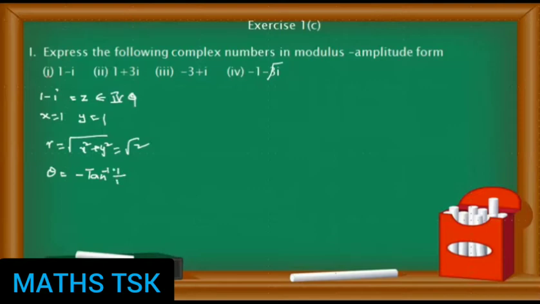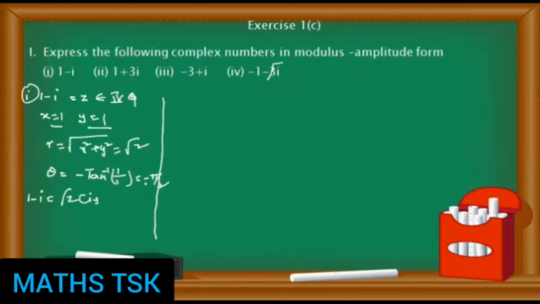So you have to take both positive values of x and y so that it is in the first quadrant. If it is in the first quadrant, it is tan inverse of y by x. If it is in the fourth quadrant, minus tan inverse of y by x. In the second quadrant, pi minus tan inverse of y by x. In the third quadrant, minus of pi minus tan inverse of y by x. So there it is minus pi by 4. What is the mod amplitude form of this? Therefore, 1 minus i has r equal to root 2.